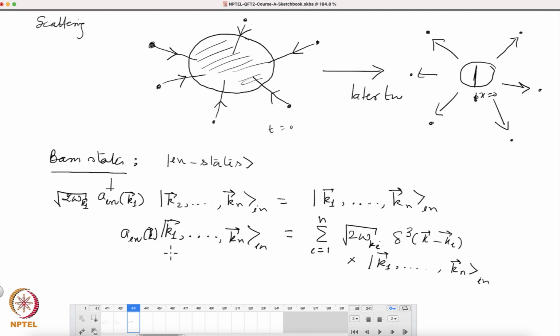So all of these labels which are here, you have to put,